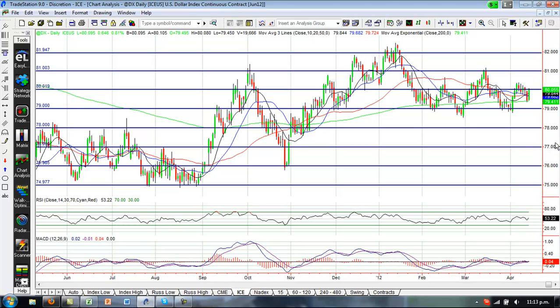So what I do in this kind of range is look to trade support and resistance levels in the direction of short-term trends. At the moment, the major level obviously continues to be 80, and it's kind of the midpoint of our range. Even though I could go and draw these range lines more perfectly, I've left it at the big numbers that have been on my charts for months and have given me trading opportunities for months.